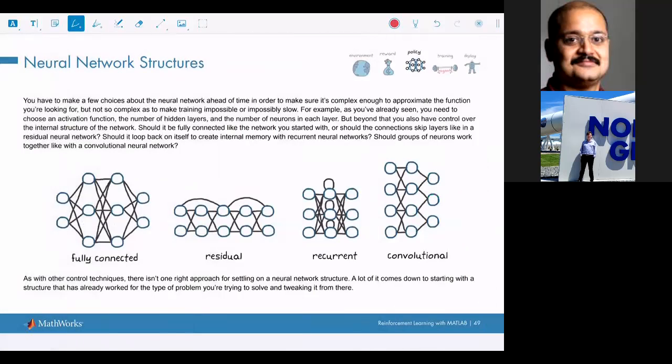There are different types of neural networks. In the next few lessons, even though I'm not an expert in neural networks, I will try to take some case studies. For example, some case studies in residual neural networks, some in recurrent neural networks, and I will walk you through some examples using MATLAB, showing how those can be used.